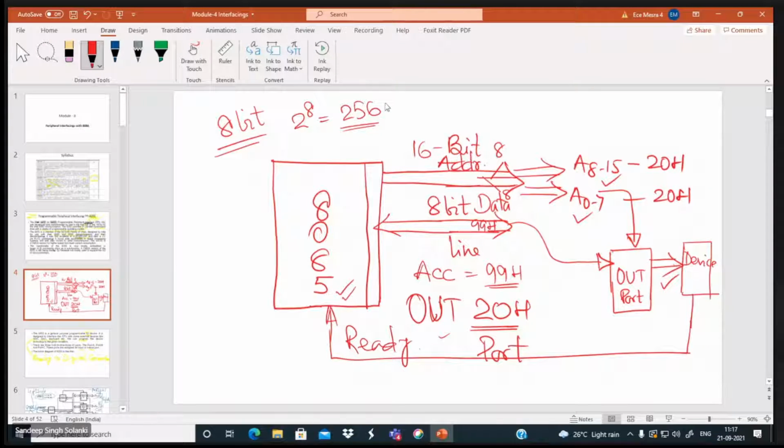Yes, sir, 256. 256 output ports, isn't it? You can connect these many output ports. Now you tell me, don't go for that 256, you just think of one more device. Then in that time, how this ready will be shared?